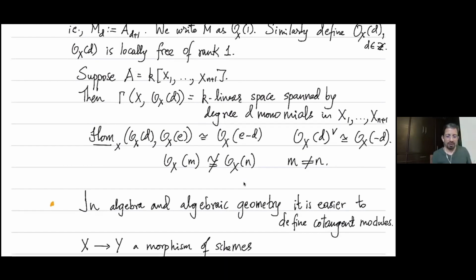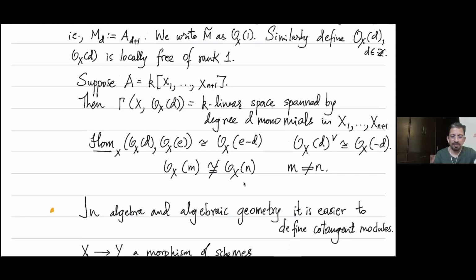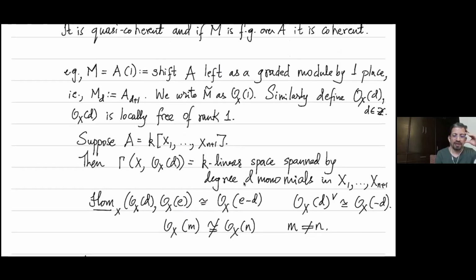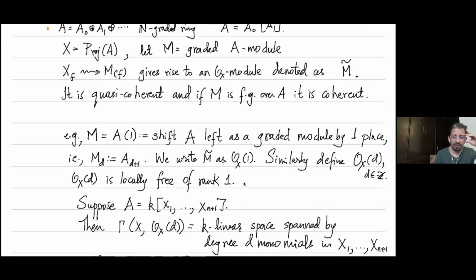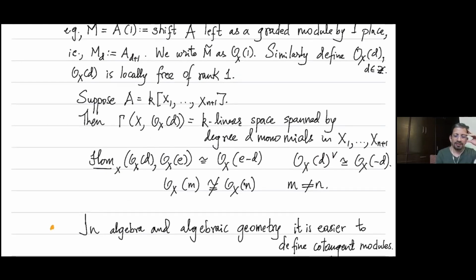Here are some basic properties. To cut down on time, because I lost some time in my power outages, let me just say something here, but this is an important example, so might as well. This is a polynomial ring here, and that's what I started with, a graded ring. So now let's specifically take a polynomial ring. Then O_X(d), it will turn out, its global sections are